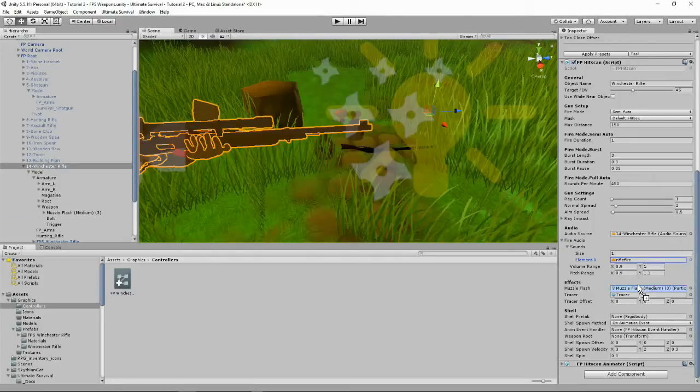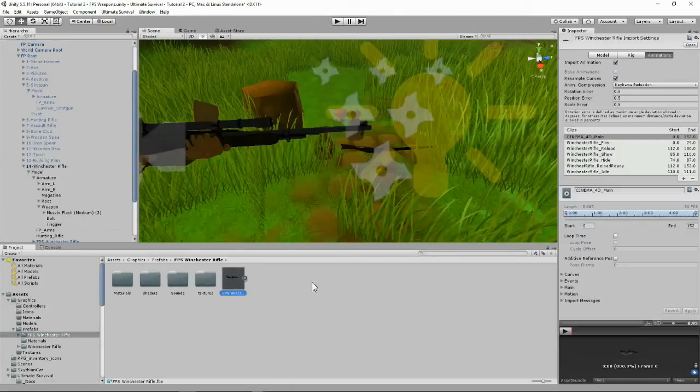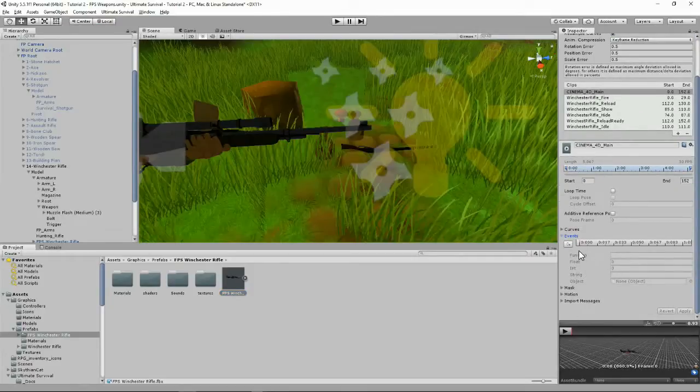Muzzle flash, make sure it's the right one. I think it is because it's got 3 next to it. And if I go to the animation for FPS rifle here, I just want to show you in the events. Events for the fire. So you see here, I've got a play sound event. I added this. It's a function, and the name of the function is play sound, and that's when I'm going